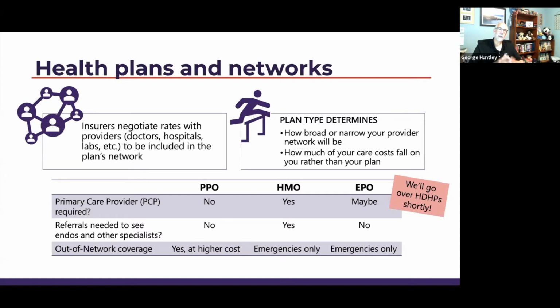So what these plans mean, and we're gonna separate high deductible health plans because high deductible health plans can honestly be any of these first three. When we talk about preferred provider, health maintenance organizations, or exclusive providers, a high deductible plan can be any one of those three. But what they typically mean is how broad or narrow your provider network is, whether your doctors are in there, right? And then is there a gatekeeper and how much of that cost is going to fall on you and the plan? So those letters, that plan design, that structure means something. So a PPO is the most open plan that's out there.